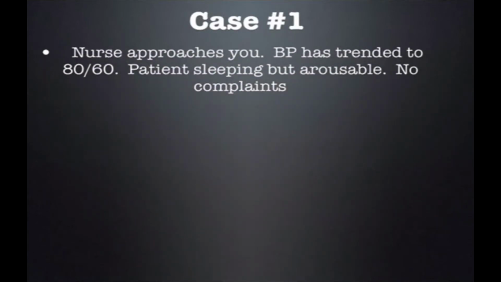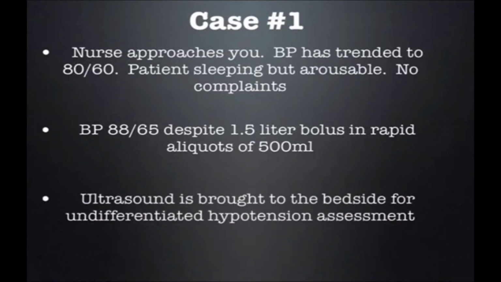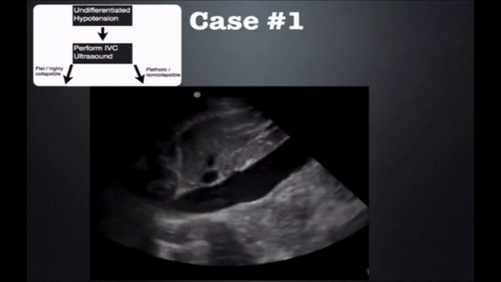Now, the nurse approaches you with a blood pressure that has trended to 80/60. Patient is sleeping but arousable and has no complaints. BP is 88/65 despite a 1.5 liter bolus in rapid aliquots of 500 mLs. So obviously at this point we have a blood pressure that's not really responsive to the fluid boluses that were given. So we call ultrasound to the bedside, and we're going to start off with undifferentiated hypotension scan,